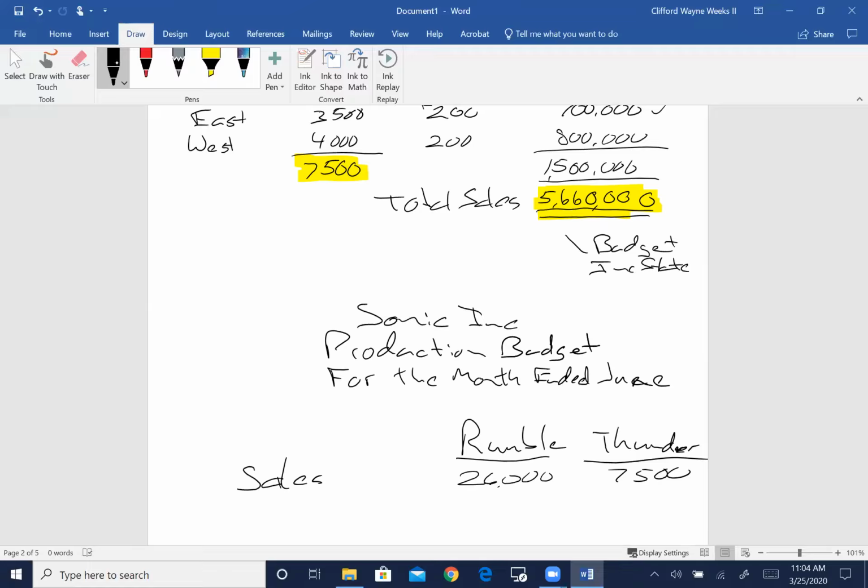If we're anticipating selling those, we've got to make those, don't we? We've got to produce those in order to sell. However, what if our estimates are wrong? What if instead of selling 26,000 units, we actually sell 27,000 units? So we want to give ourselves a little bit of a cushion, so that if this 26,000 units is wrong, we have a little bit of cushion, because if you don't have product,